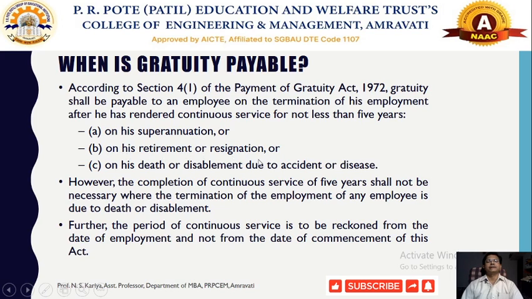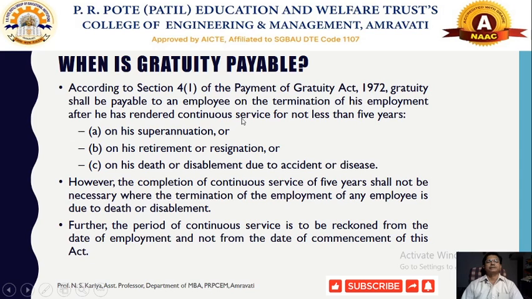If the employee has given the resignation or is going to be retired, or on his death or disablement due to accident or disease. If the employee has died due to accident or any occupational disease, or any sort of permanent or partial disablement, permanent disablement meaning the employee could not be entitled to work in the factory, then in that case that particular employee will be liable to get the benefit as a payment of gratuity from